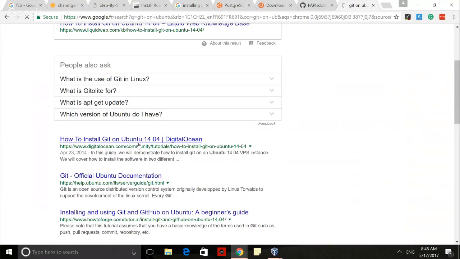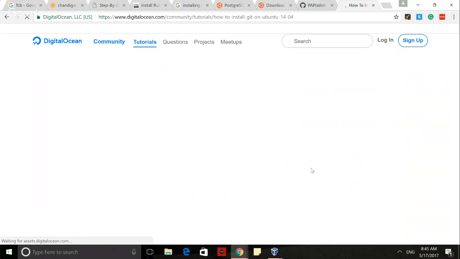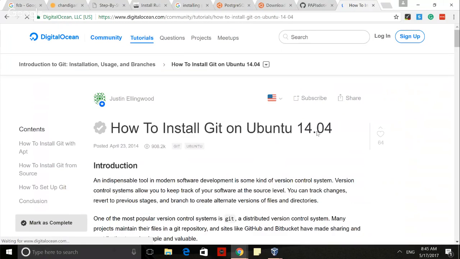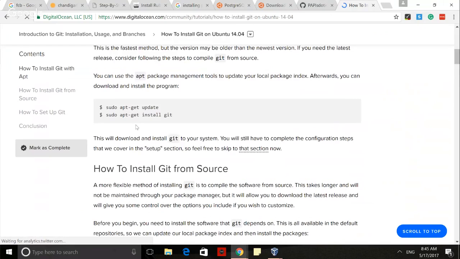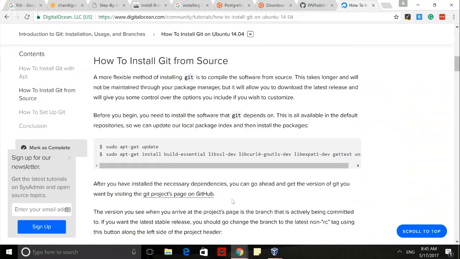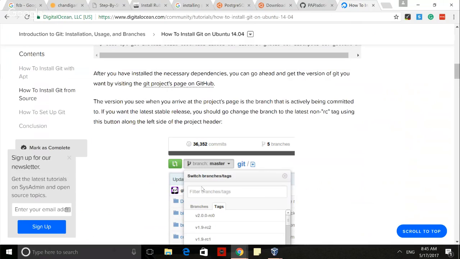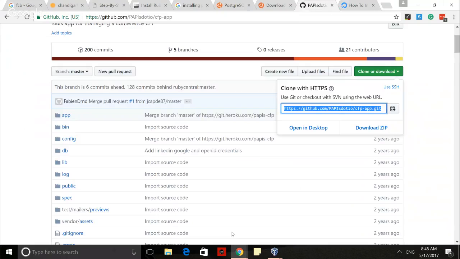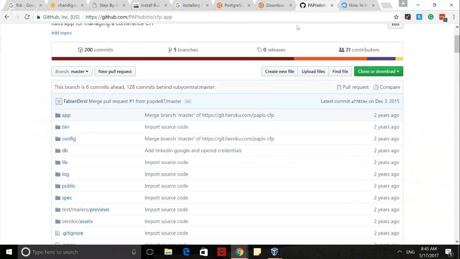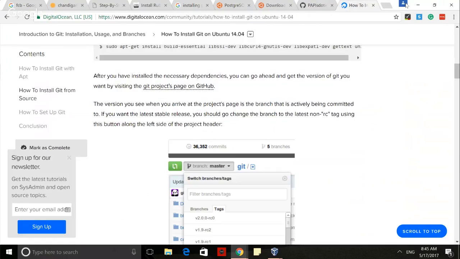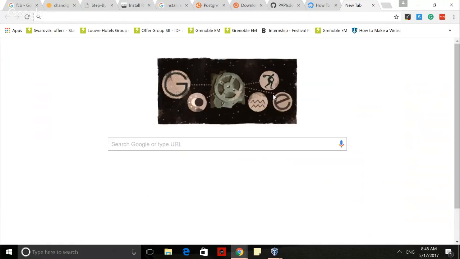You have to install git by using this command, and it's very easy. You don't have to worry about that. After installing it, you can pull this app using git clone. So I'll show you the command also. I'll share it in the